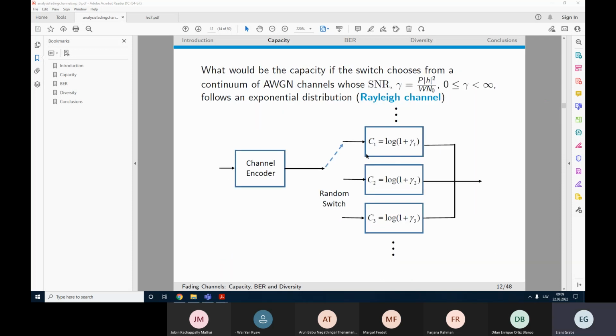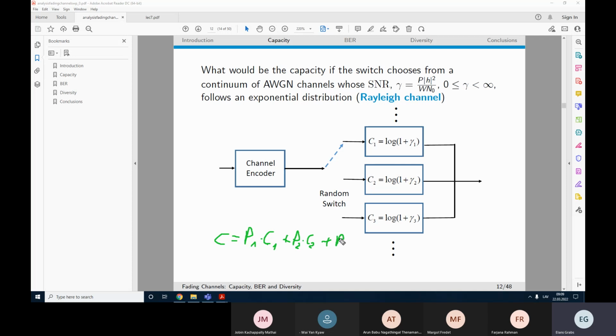Then if we calculate this capacity in accordance with this distribution, we are going to get C as the probability of the first channel multiplied with the first channel capacity, plus the probability of the second channel multiplied with the capacity of the second channel, plus the probability of the third